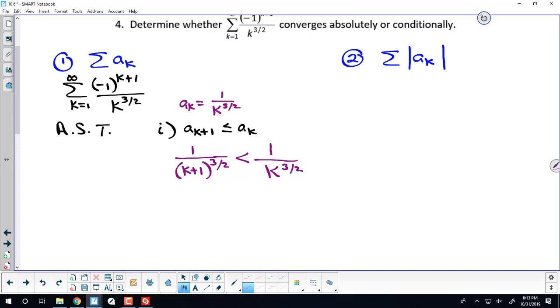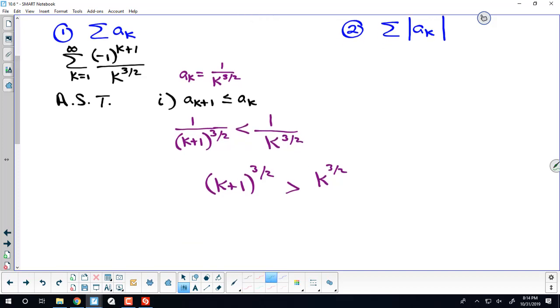Okay. So hopefully that's pretty straightforward. You might want to think about it as what is k plus 1 to the 3/2 in relation to k to the 3/2? Or start off with k plus 1 and k. Clearly k plus 1 is larger than k. If I raise that to the 3/2, they're still larger. Then I take the reciprocal, I flip the inequality. So I don't know, there's a few ways to think about that. But yes, this condition is met, since